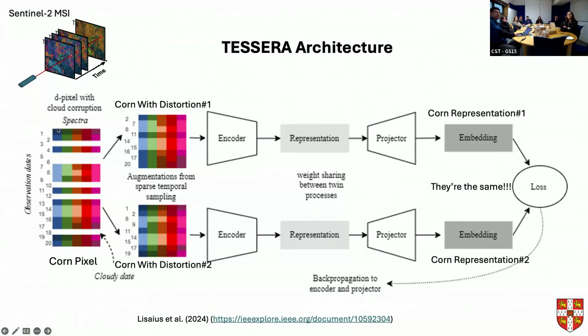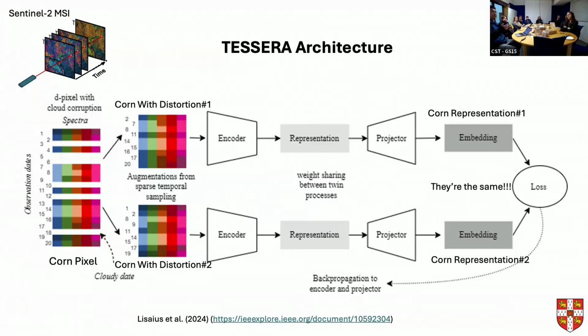So essentially, dpixel is a two-dimensional matrix. The y-axis here, these are the observation dates, right? So let's say if this is January the 1st, then this will be 1. If this is the last day of December, then this will be 365 or 366. And the x-axis here, these are the spectral bands, because for Sentinel-2, we use 10 bands from RGB and also infrared